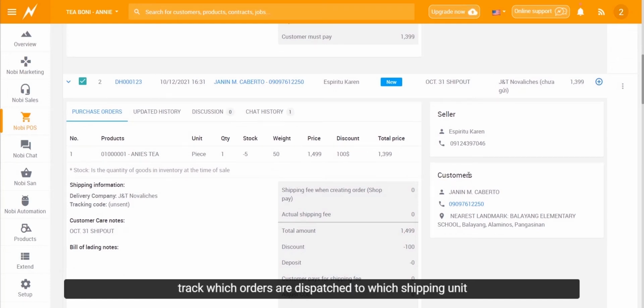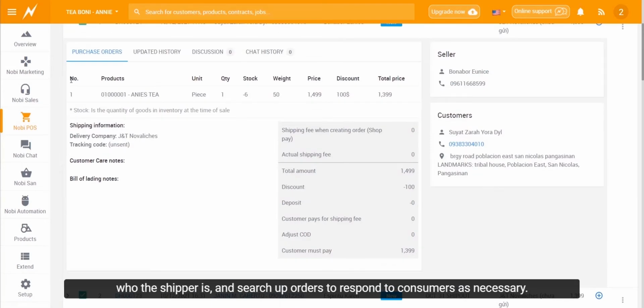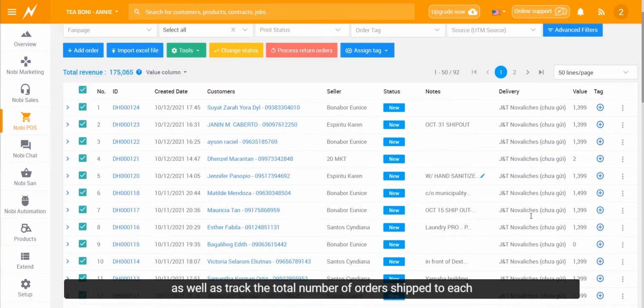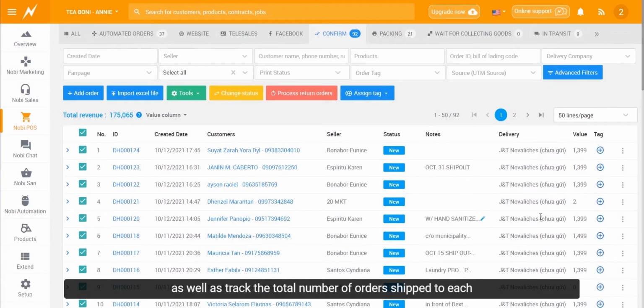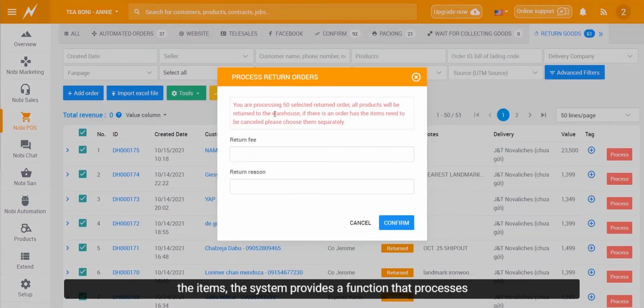You can quickly track which orders are dispatched to which shipping unit, who the shipper is, and search up orders to respond to consumers as necessary. Nobi allows you to manage each shipping partner in detail, as well as track the total number of orders shipped to each partner and the amount of debt owing. If the customer returns the items, the system provides a function that processes the returned goods in order to update